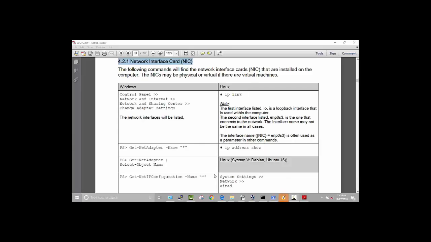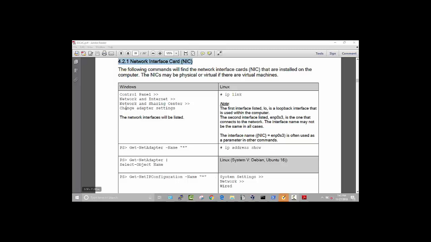Your computer uses a network interface card to communicate with other computers. A network interface card for short is called a NIC, and I'll use that term quite a bit. Alternatively, you may see or hear the term network adapter, and that's also used frequently, but they're all used interchangeably to mean the same thing. The bottom line is we want to find what network interface cards we have on a particular computer,